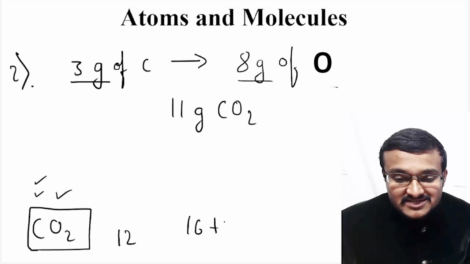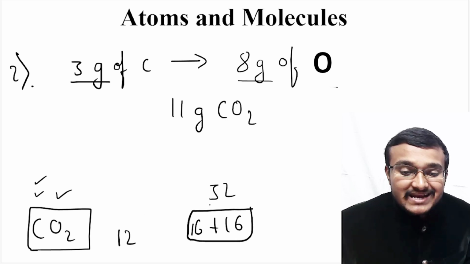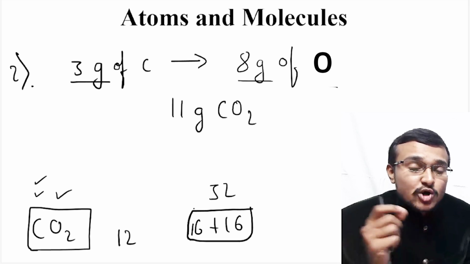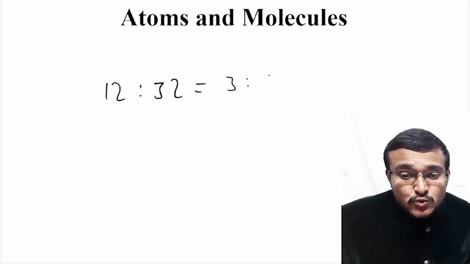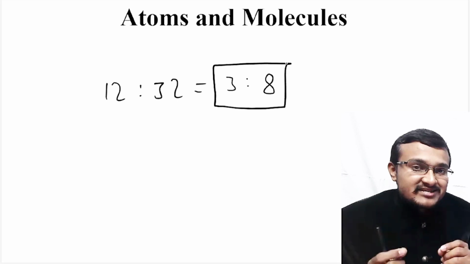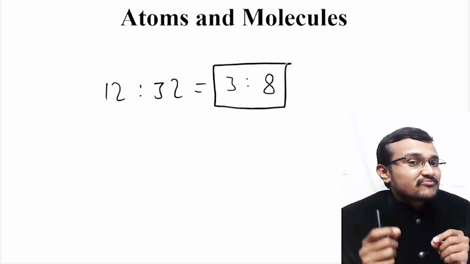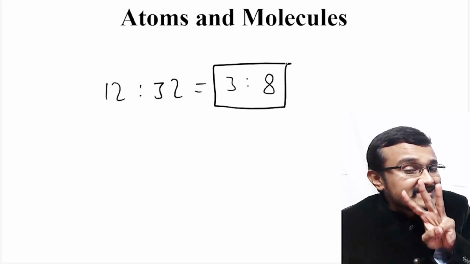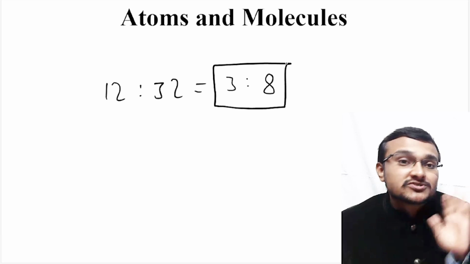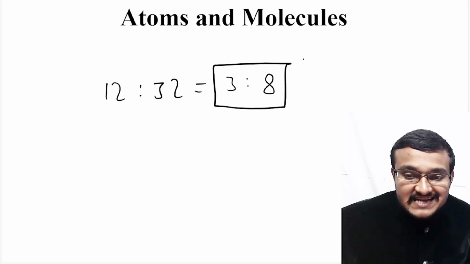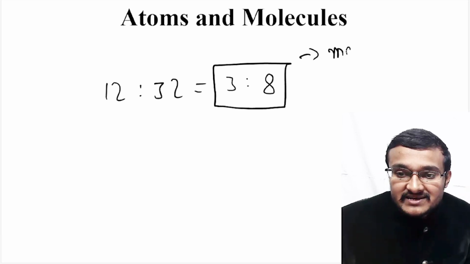So 16 plus 16 will be there, so that is 32. So 12:32 is the ratio of carbon and oxygen in this particular carbon dioxide molecule. So what is 12:32? 12:32 is a 3:8 ratio. That means always in carbon dioxide, the mass ratio of carbon and oxygen will be 3:8. So this is actually the mass ratio